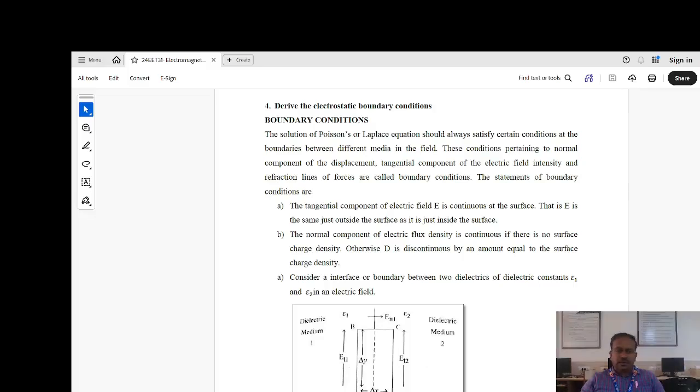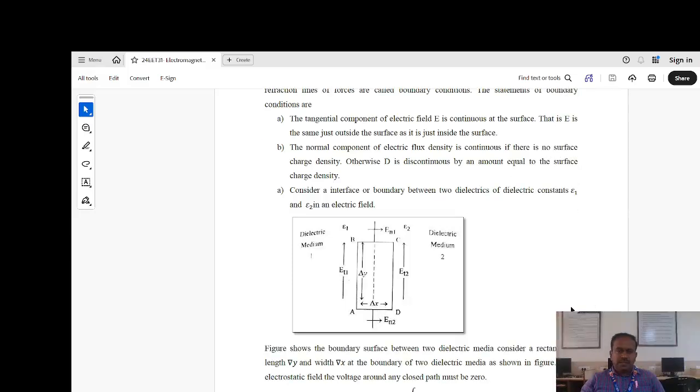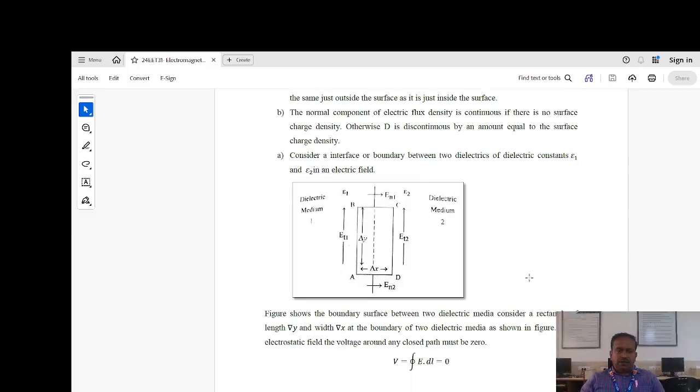Consider an interface or a boundary between two dielectrics with constants epsilon 1 and epsilon 2 in the electric field. This is the basic diagram we follow for deriving the boundary conditions. This is dielectric medium 1, with epsilon 1, and dielectric medium 2, with epsilon 2. We calculate the distances del x and del y for horizontal and vertical respectively. This figure shows the boundary surface between two dielectric media. Consider a rectangle of length del y and width del x